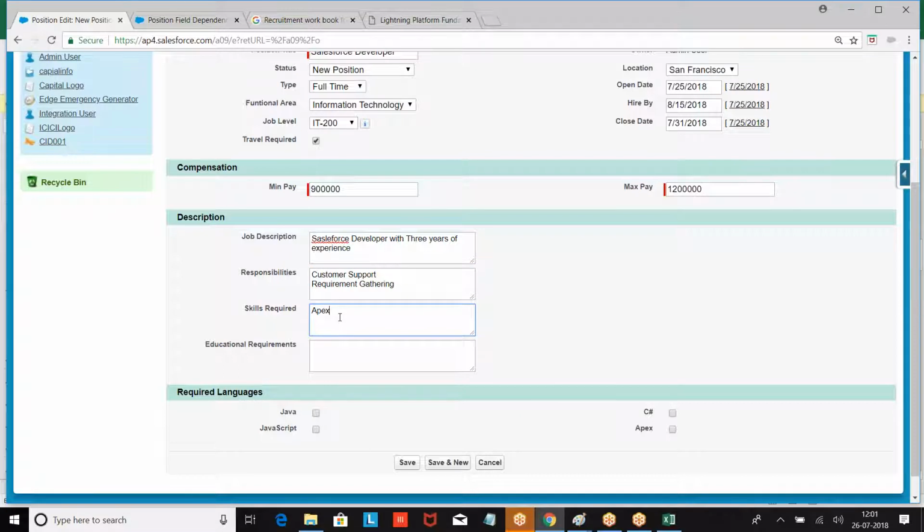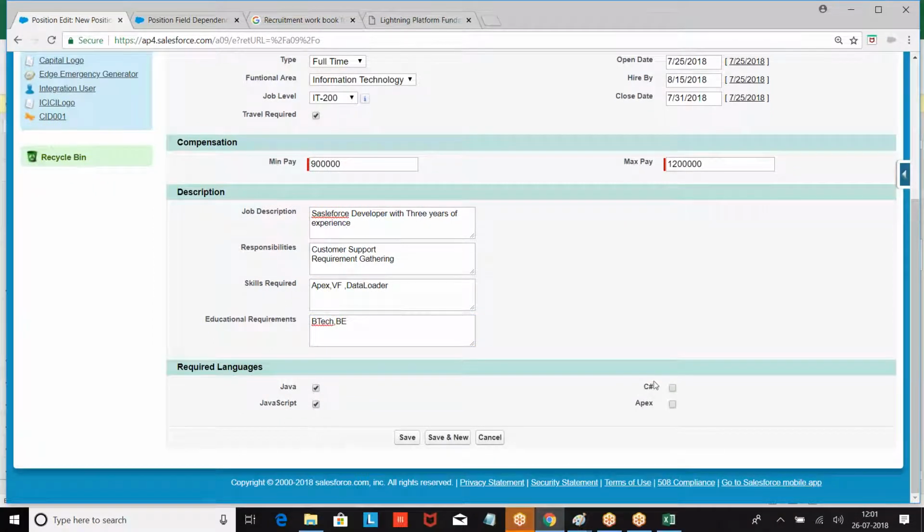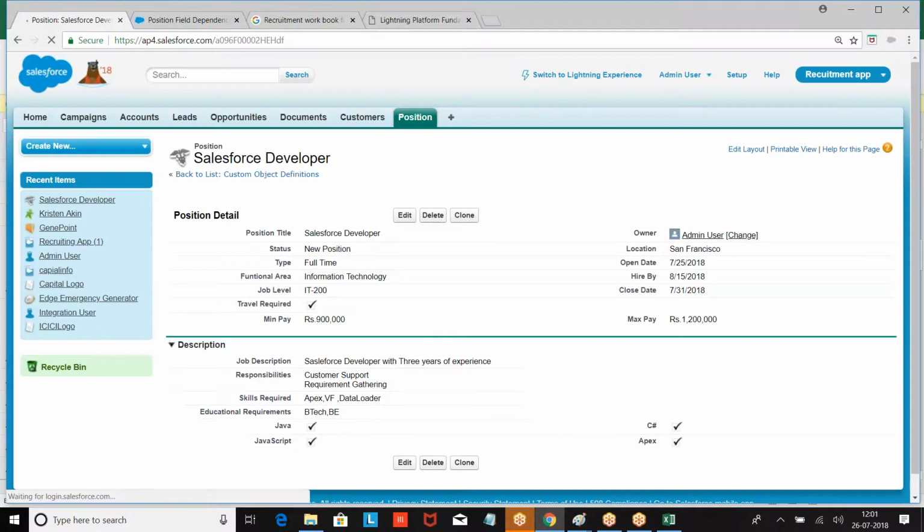Skills required, Apex. Now I created a record. When I click on a position,